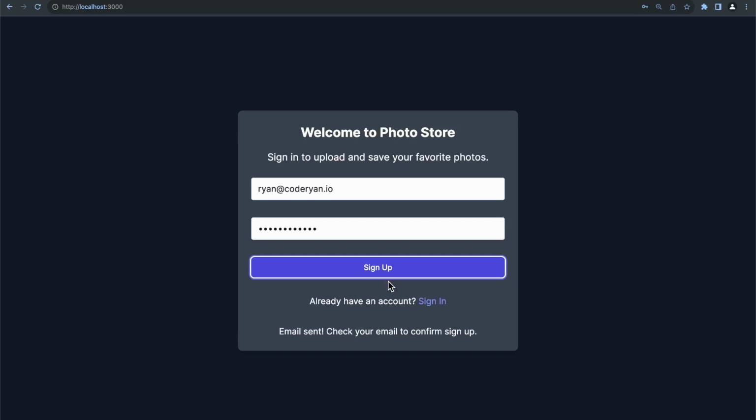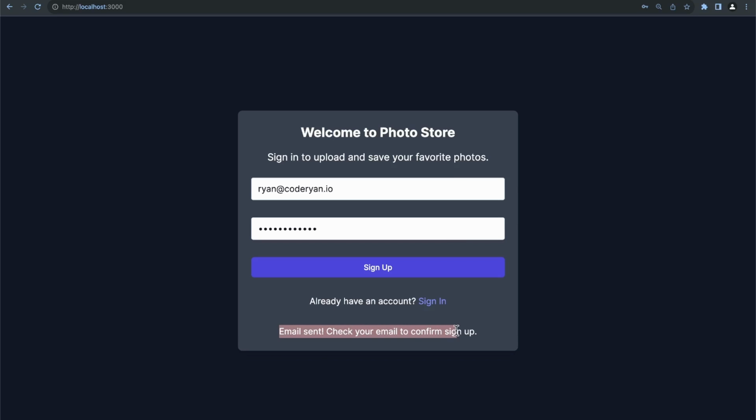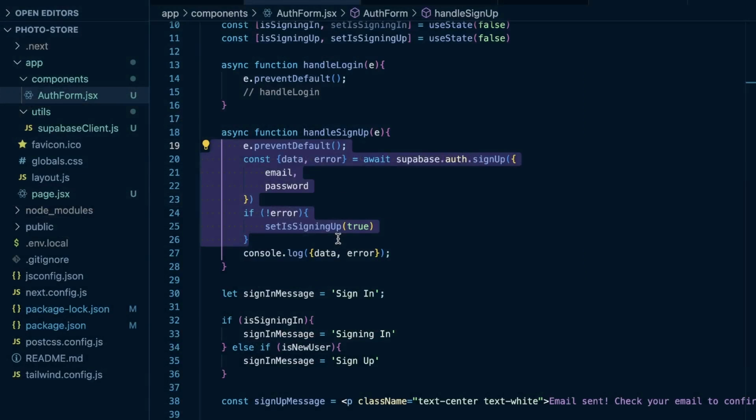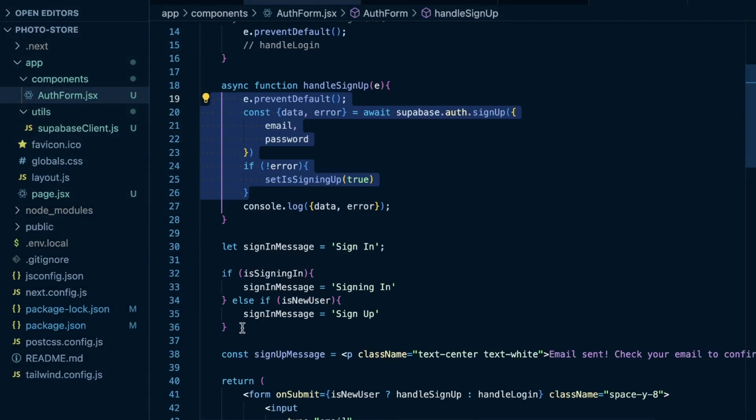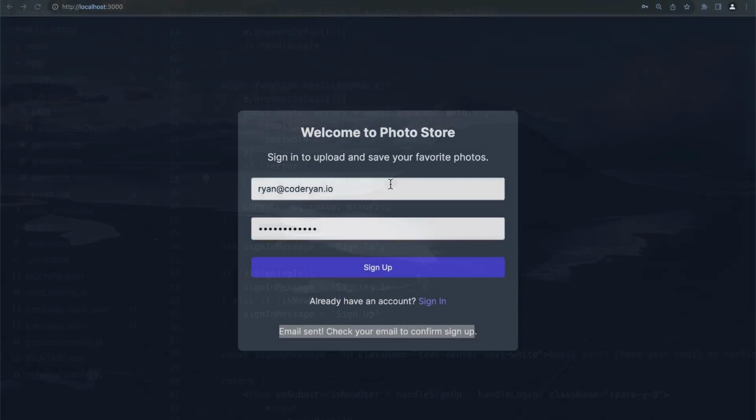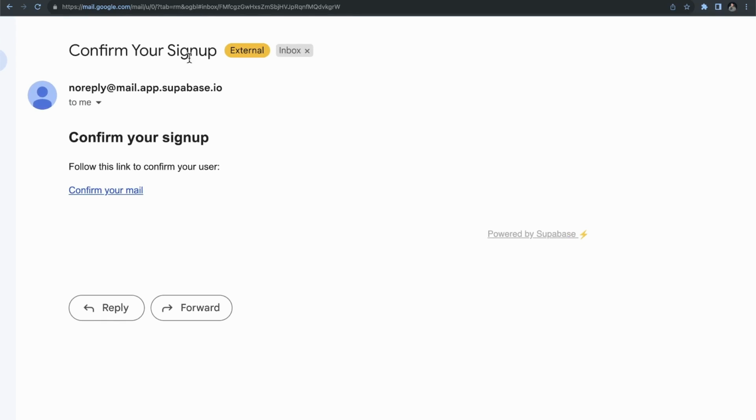And then what I see below is email sent, check your email to confirm sign up. So it looks like we didn't have an error here. We set isSigningUp to true, which means that we're going to show this message right here. So if I go check my email right now, I should see an email where I can confirm signing up. And I do indeed see confirm your sign up,